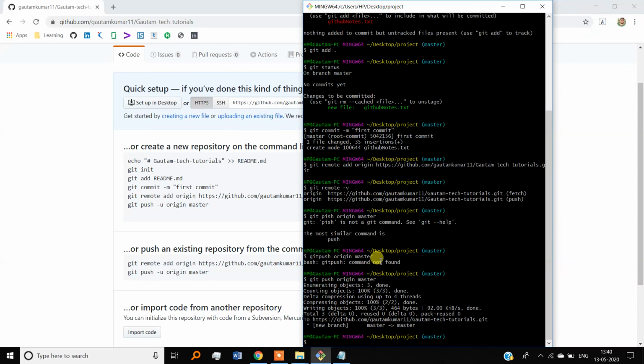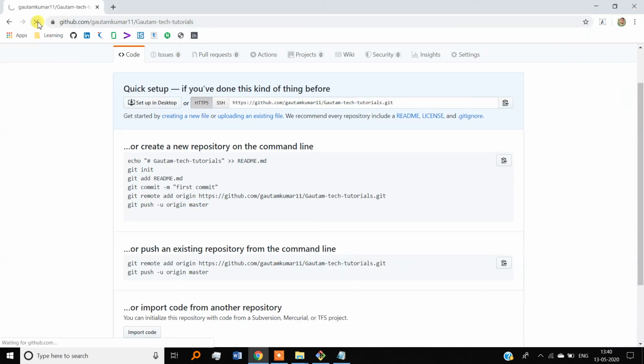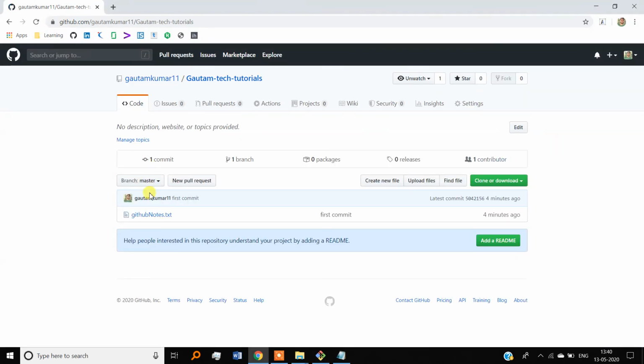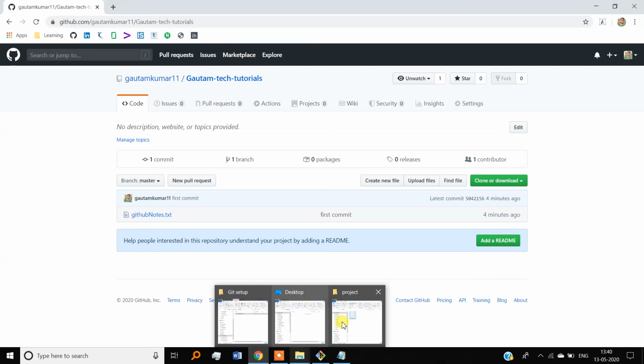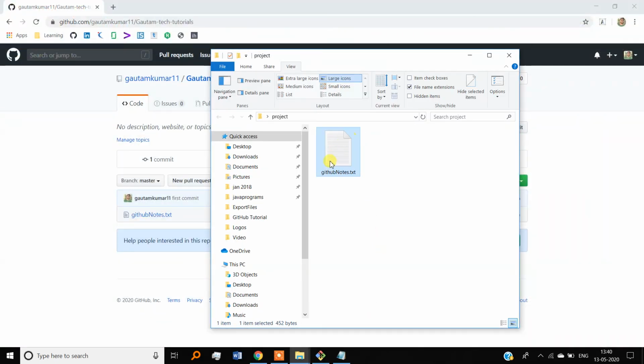So now we can see our project has been pushed to our GitHub repository. So refresh it. We can see that text file, that project. Inside the project we had a text file of GitHub notes.